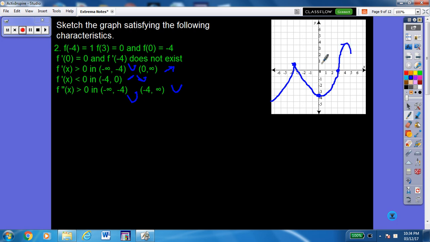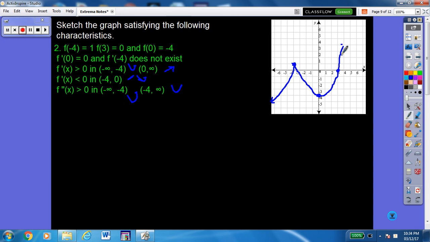And then I'm just going to go ahead and check and see that everything's in order. I have increasing from negative infinity to -4, and then also from 0 to infinity, which happens here. Then I have decreasing from -4 to 0, so I have a decreasing behavior. I do have my zero derivative at 0 right here, nice turning point. And I also have concave up the whole time. Concave up,